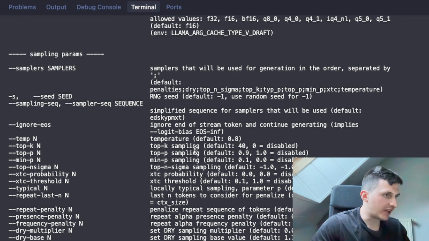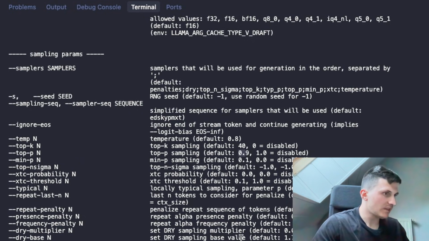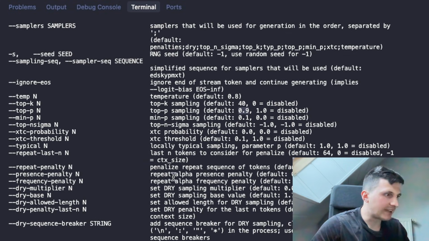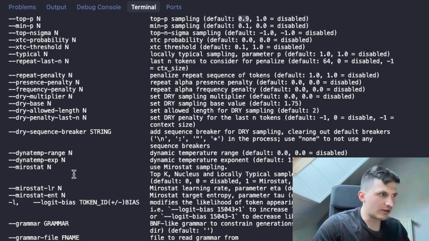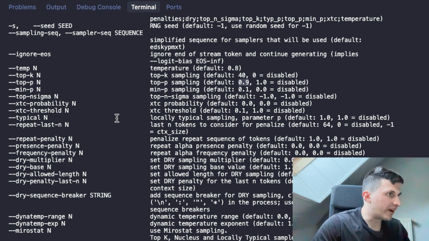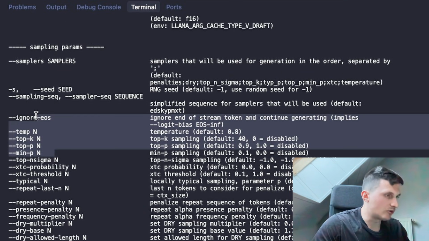consideration more potential tokens. Top P also: only if you set this to 1, it basically considers all the tokens. But if you set this lower, for example 0.9, it will only consider the tokens which have together a 0.9 probability mass. So some very unlikely tokens might not be included. I think I went over a lot of these also in my fine-tuning video, but there are a lot. So just look online if you don't know what a certain parameter means here, but most of these should be